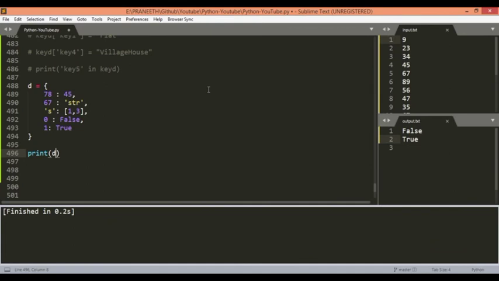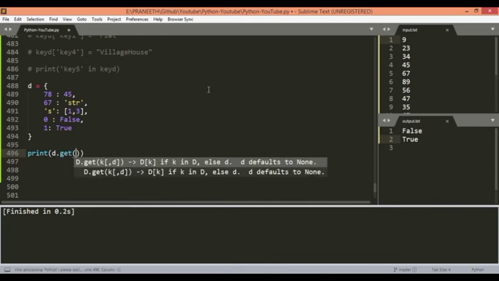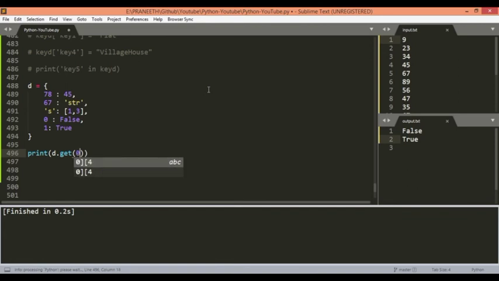So as we saw in the list, dictionaries also have some special inbuilt methods which we can use. So a method of dictionary, let's take get. So d dot get, we can specify any key. So let's take 0, and then let's print this. So here we got a false. If we change this to 1, then we will get a true. So let's take some random number which is not present. So here you can see we got a none.